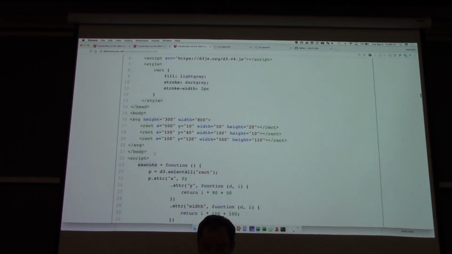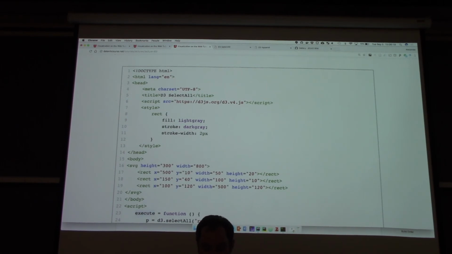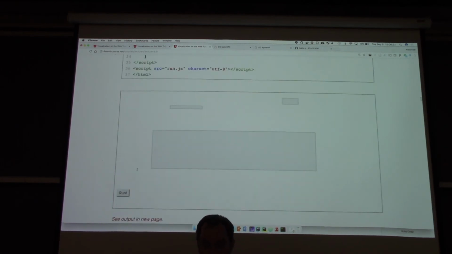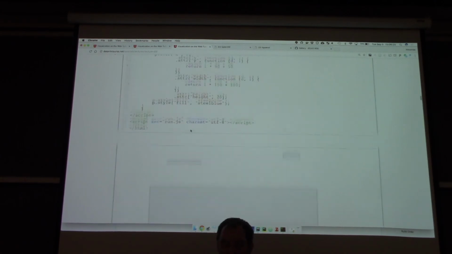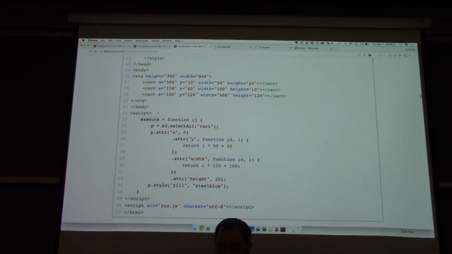So what do I have here? This is the first time we're actually looking at SVG. Here we have an SVG with 3 rectangles. These rectangles are gray, they have an outline, and they're placed somewhere on the canvas. In this case, what we're doing now is with D3, we select all of the rectangles, and then we set the X attributes of the rectangles to 0. Then we set the Y attribute of the rectangles with an anonymous function